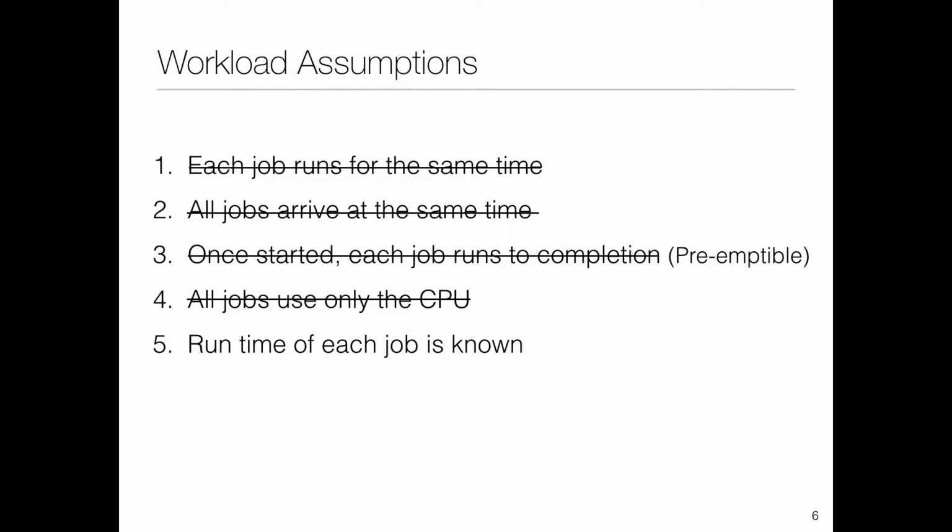Okay, so let's go back to the assumptions again. One of the biggest assumptions we took in all of these examples was that we already know the runtime of the job, but that's not very practical. So if we take a quantum length of 20 and the job is 10,